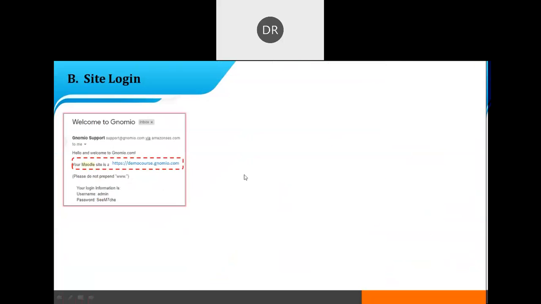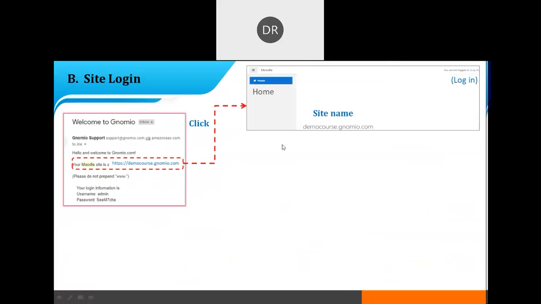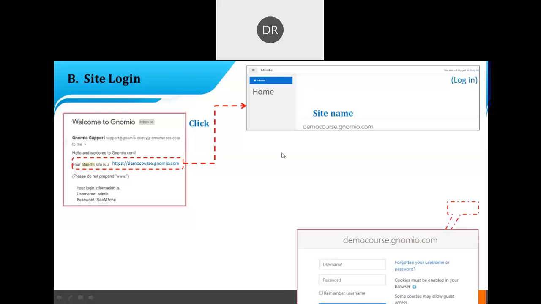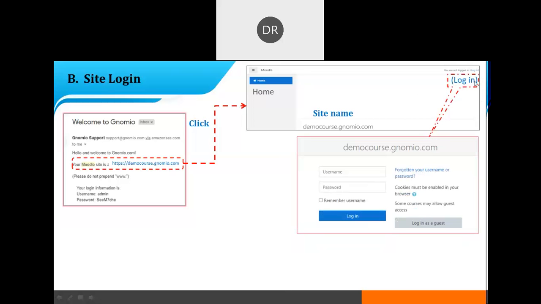Then open your mail ID and click on your Moodle site. The next window will pop up, showing the login and home page. Initially, with this credential, you have to log in. After clicking on login, you will get the next page asking for the username and password.